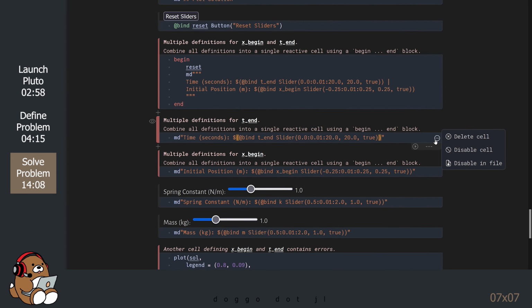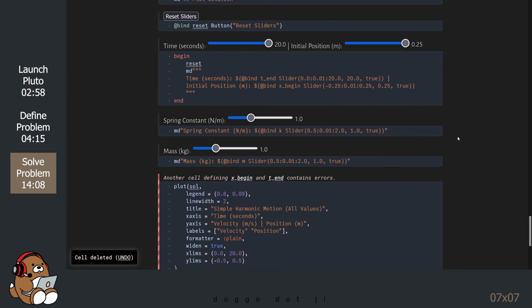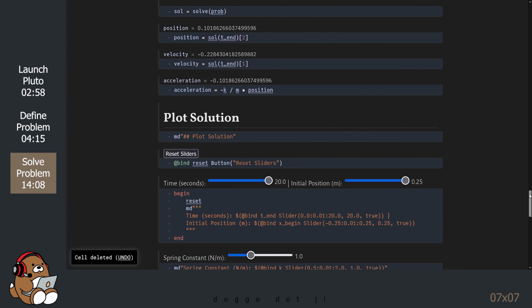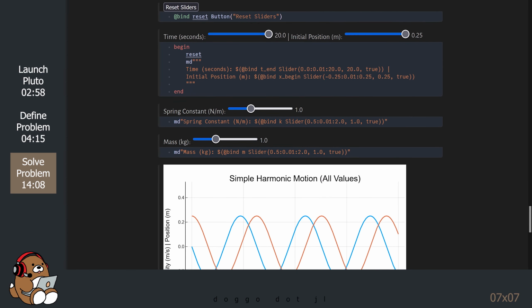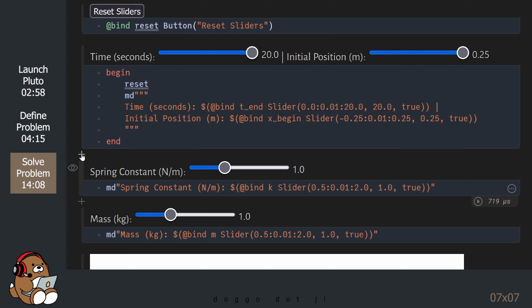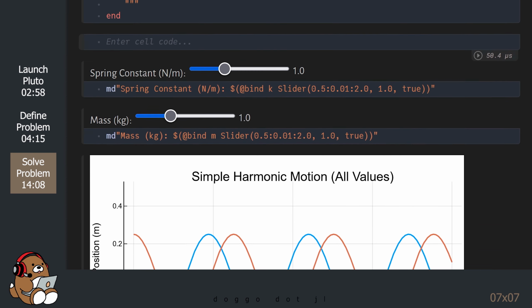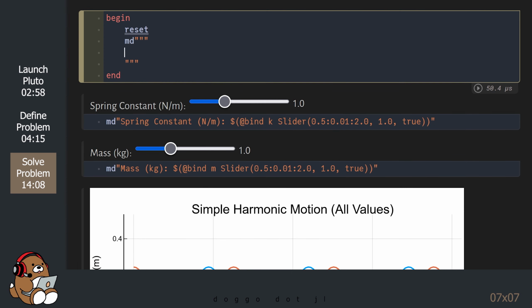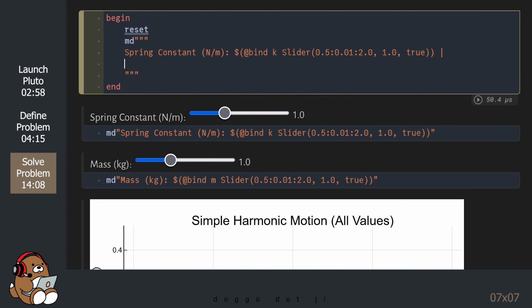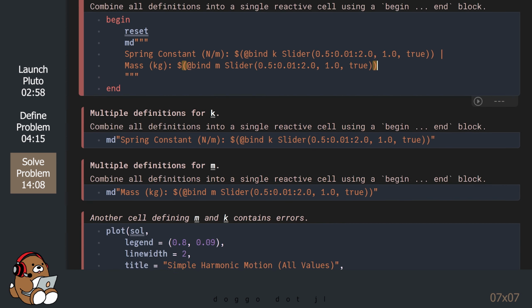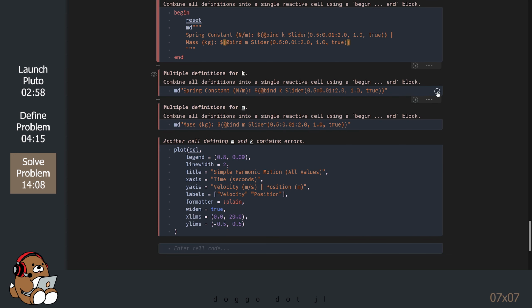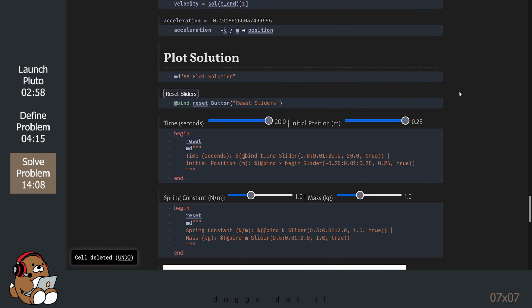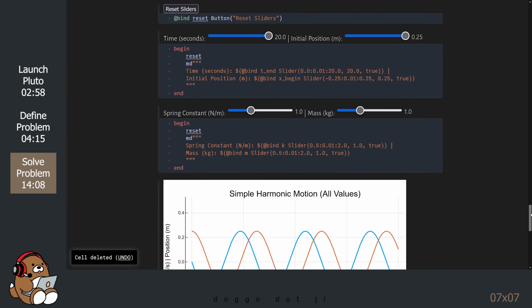In order to clear the error messages, we need to delete the original cells for the time and position sliders. Let's repeat this process for the parameter sliders. Again, in order to clear the error messages, we need to delete the original cells for the spring constant slider and for the mass slider.